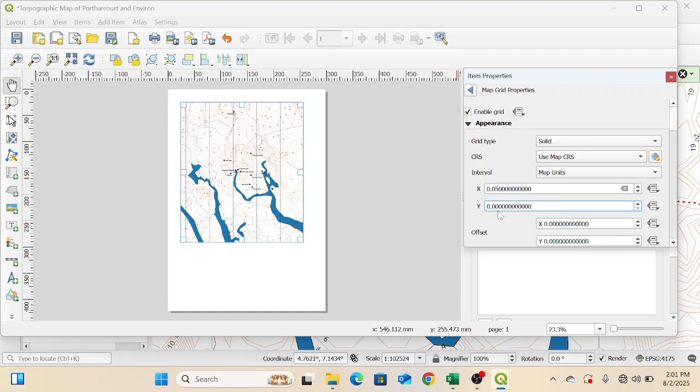Then for the horizontal grid, let's try 0.05. It is going to work. 1, 2, 3, 4, 5. So I want to reduce it. Okay, I think it's okay. Next thing I'm going to do is to